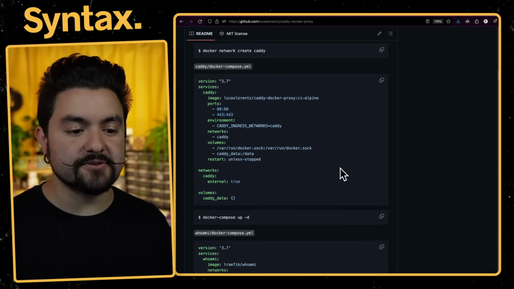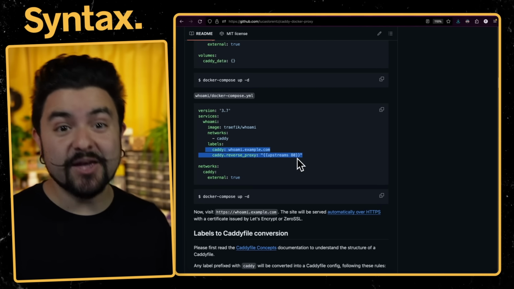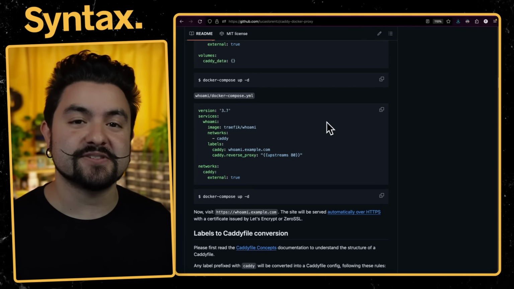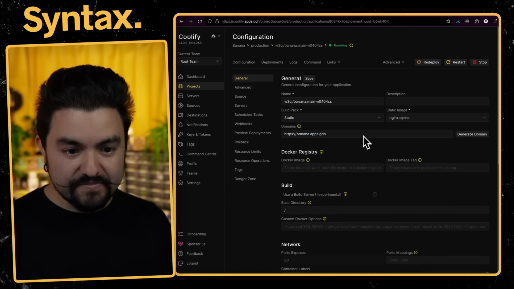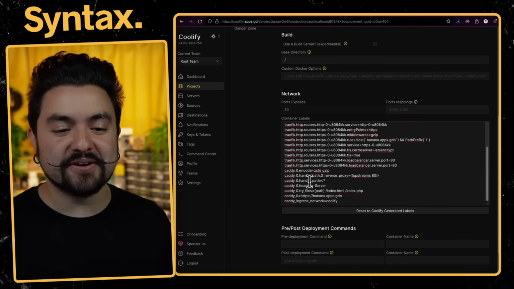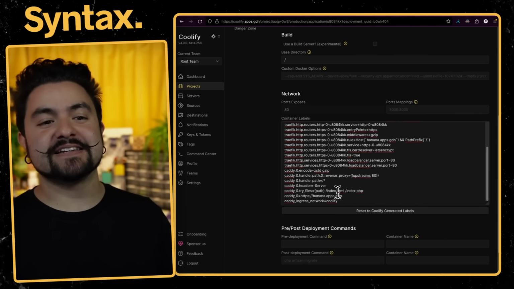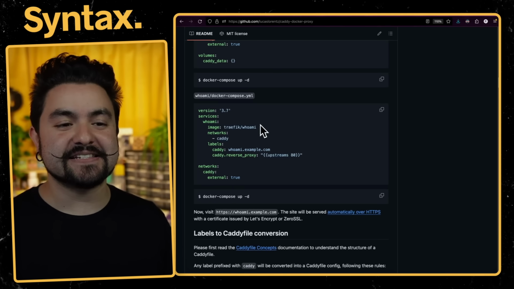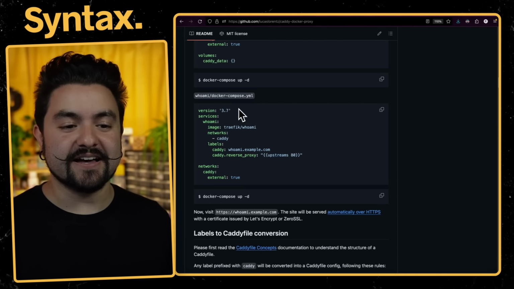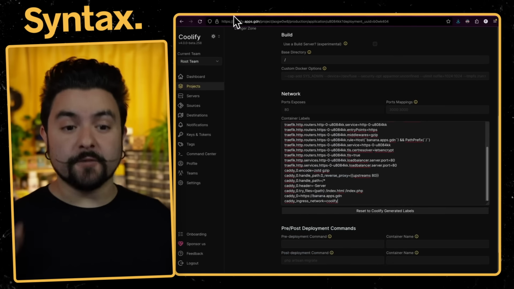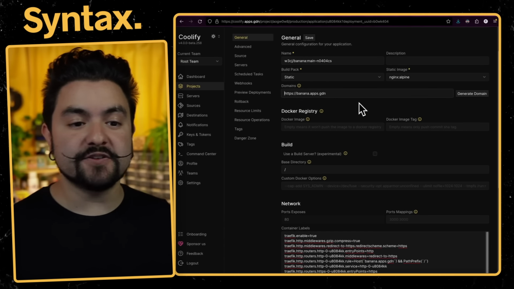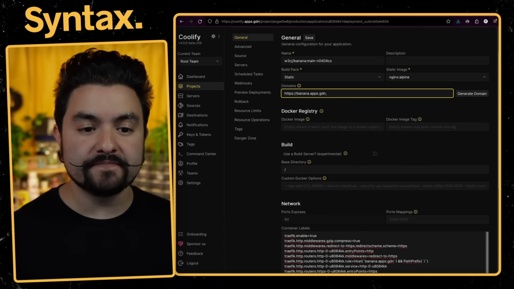So this actually tells you how to specify these labels, which in turn get picked up by Caddy to set up your reverse proxy. So down here, these are the labels that are getting passed to Docker so that this Caddy Docker proxy kicks in and then actually sets up the Caddy configs for us. So the first thing we'll do is we'll just add the domain. So let's just do a comma here, and we're going to add